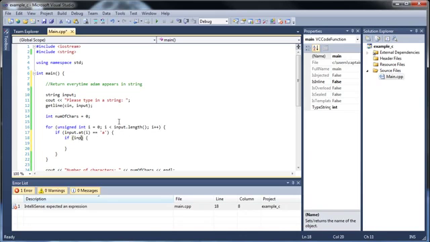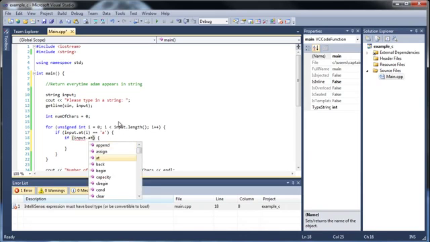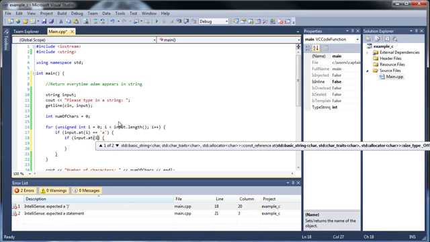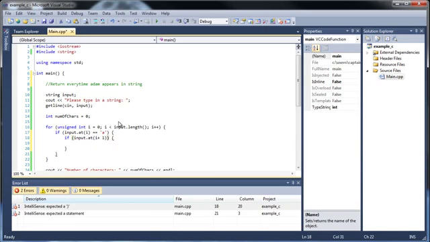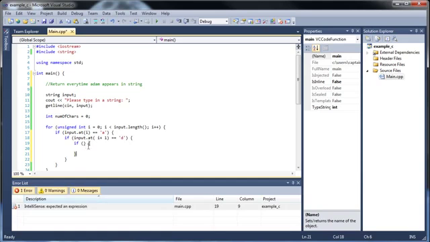Then if input dot at I plus 1 is equal to, whoops, I didn't put a space here, the character D,